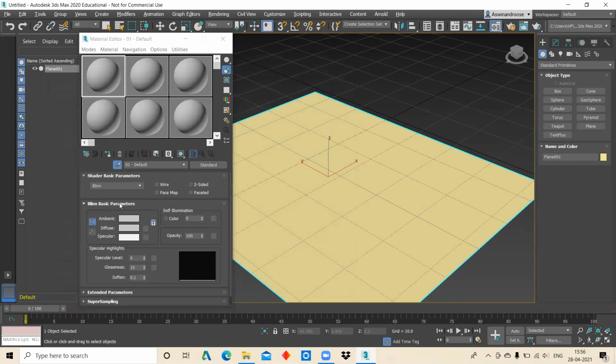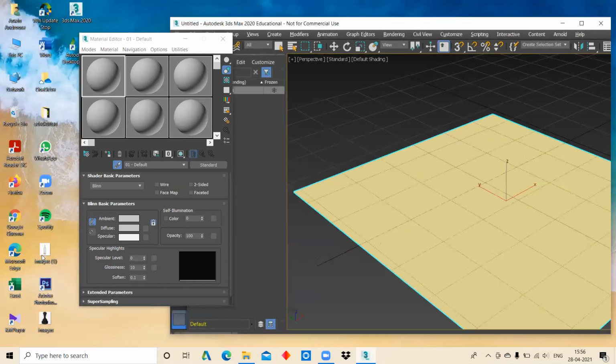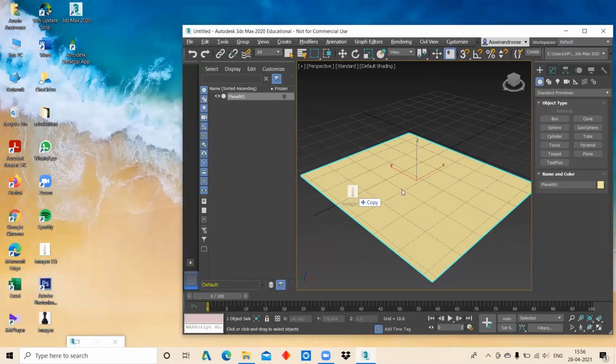Nothing's happening. Should I drag it or just click it? I hold and it's not working. Just click and drop it there.